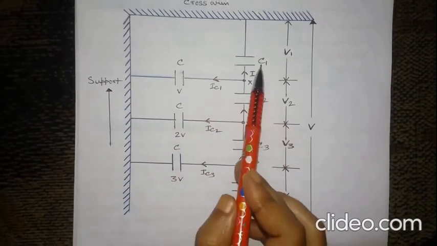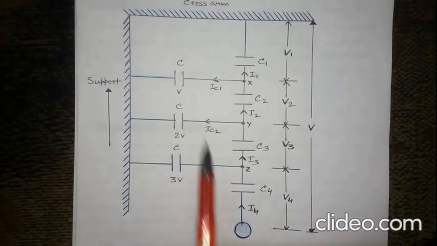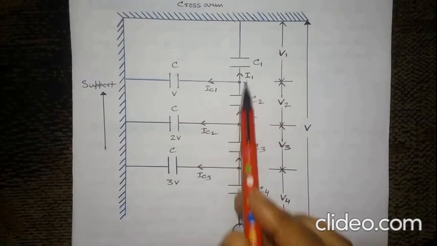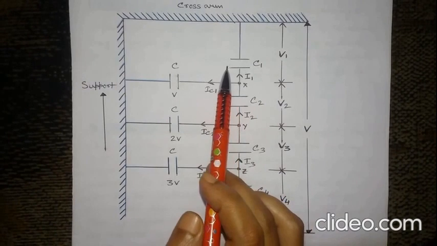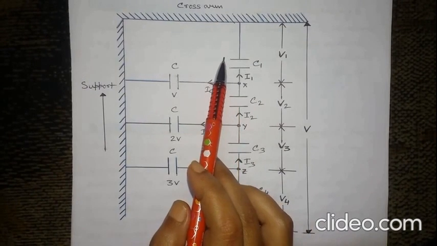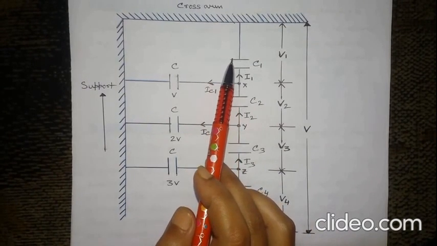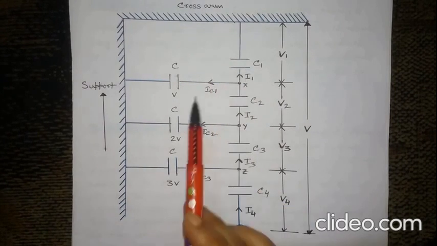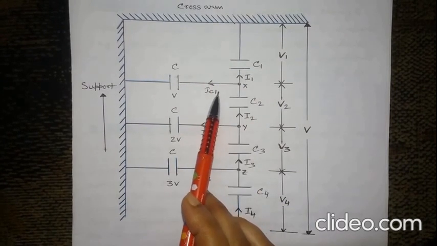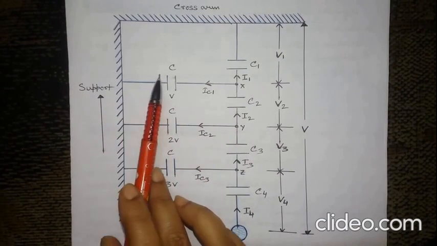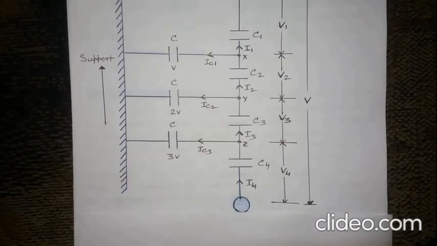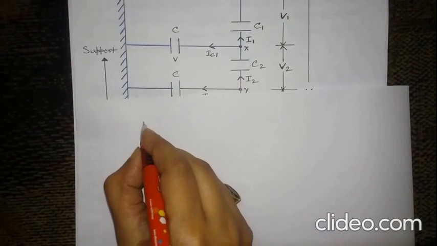Now come to this point, the C1, C2, C3, C4 and C. These C1, C2, C3, C4 are known as self-capacitance. That means the capacitance of each insulator unit is known as self-capacitance. On the other hand, the capacitance between each insulator unit and the earth or support is known as the mutual capacitance. Now let M equal to